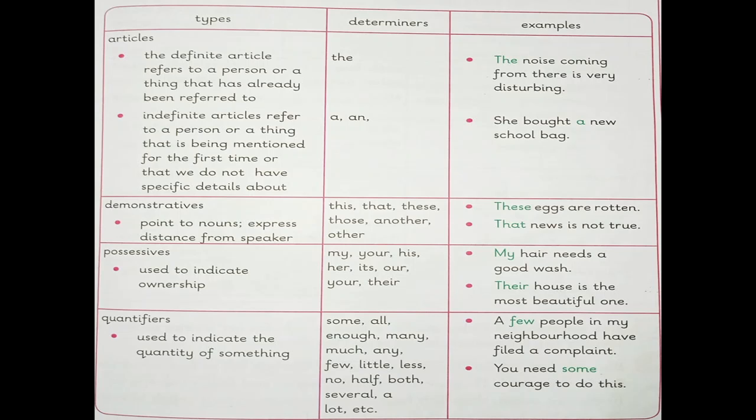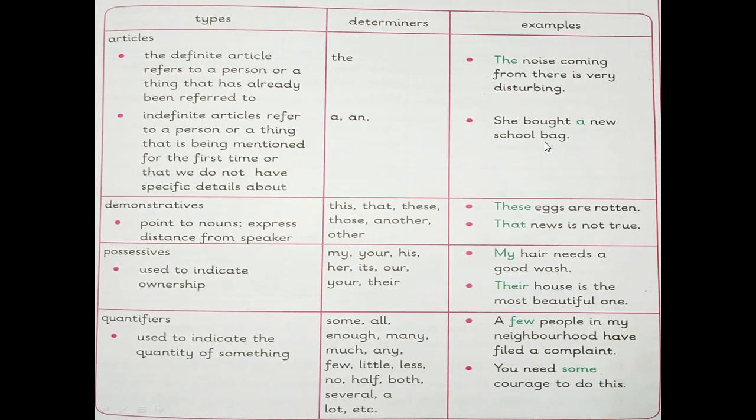Now coming to the examples, students, let's take the example of the definite article. It's written, the noise coming from there is very disturbing. Students, the is used over here, which is a definite article. Now seeing the next example, an example of the indefinite article, it is written, she bought a new